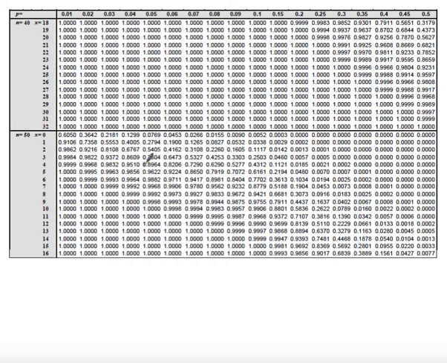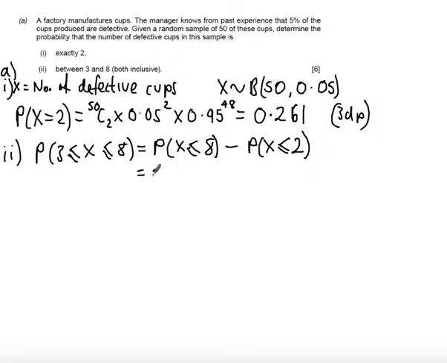So here's a sample of our table. We are looking for the column where the probability is 0.05, so I'm just going to highlight just a line to the right of it so we can follow where we're reading up to. And so first of all I want probability x is less than or equal to 8. So reading across from 8 we get an answer of 0.9992. So let's just record that,